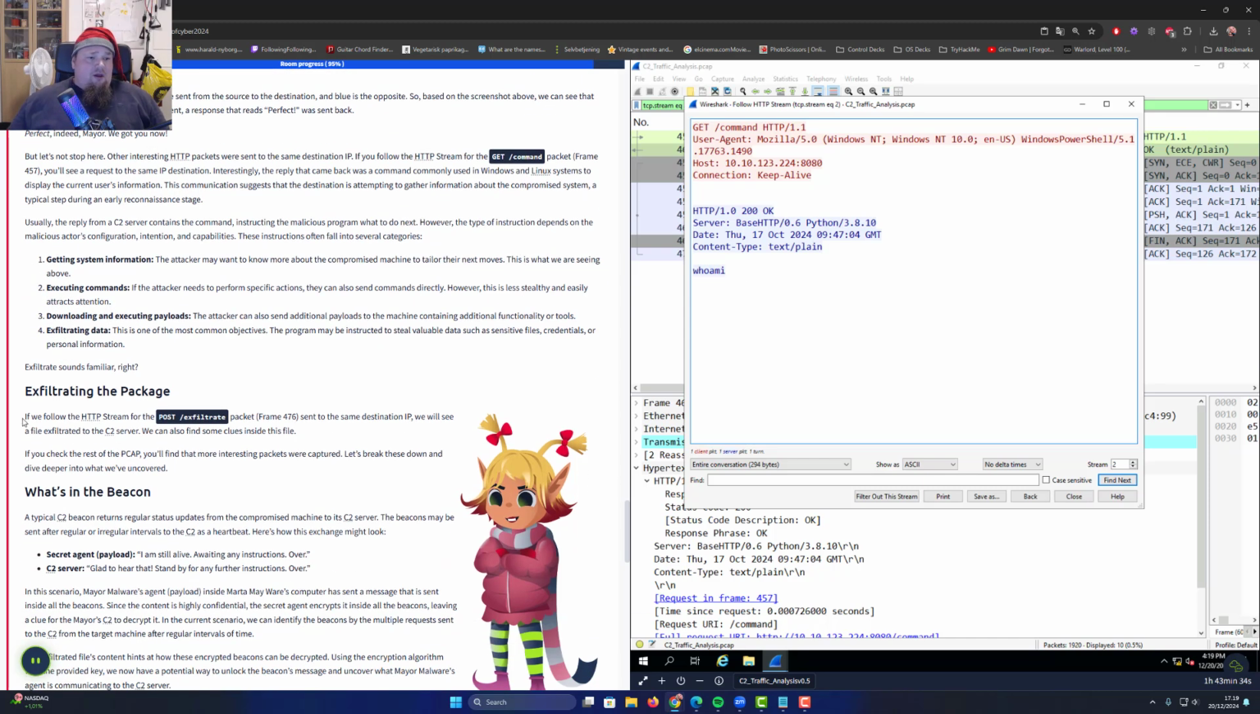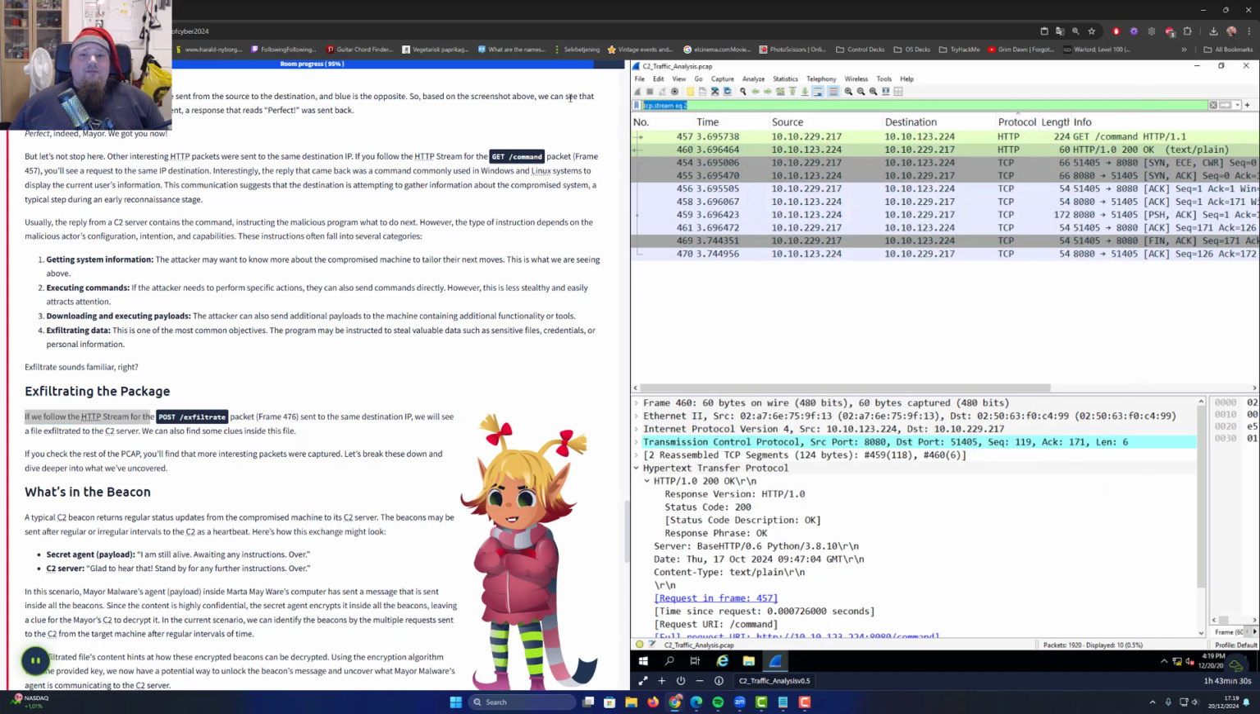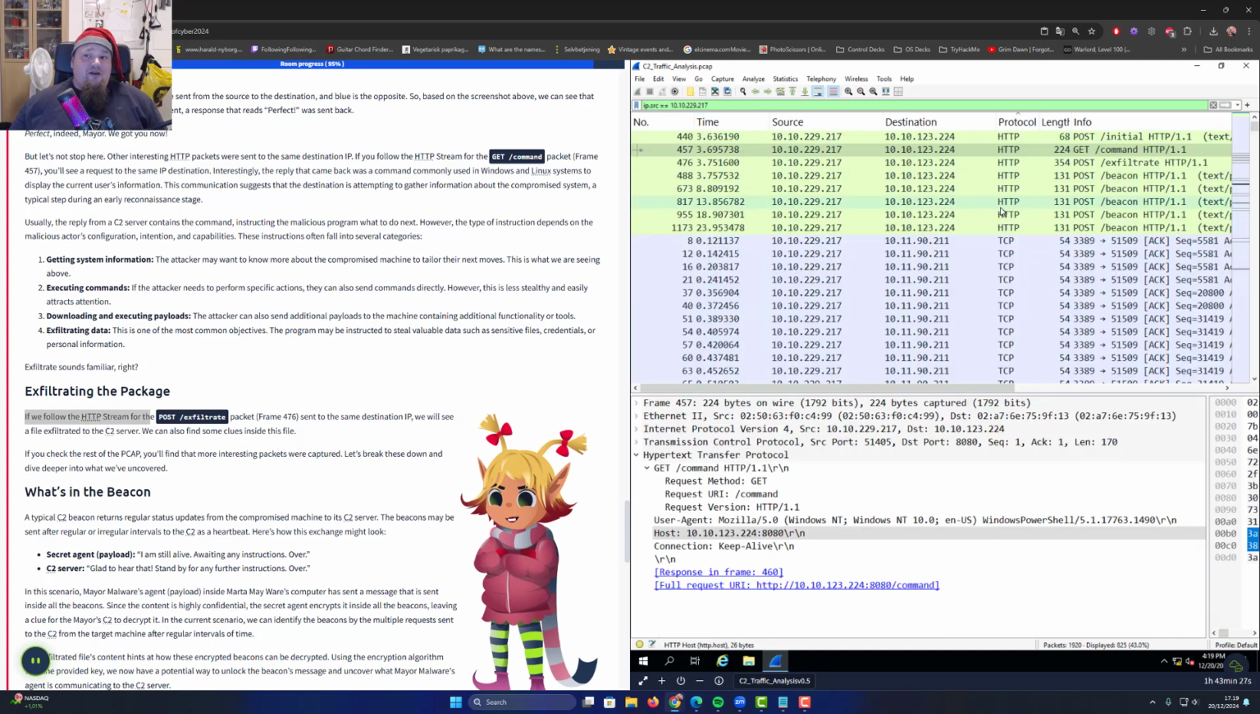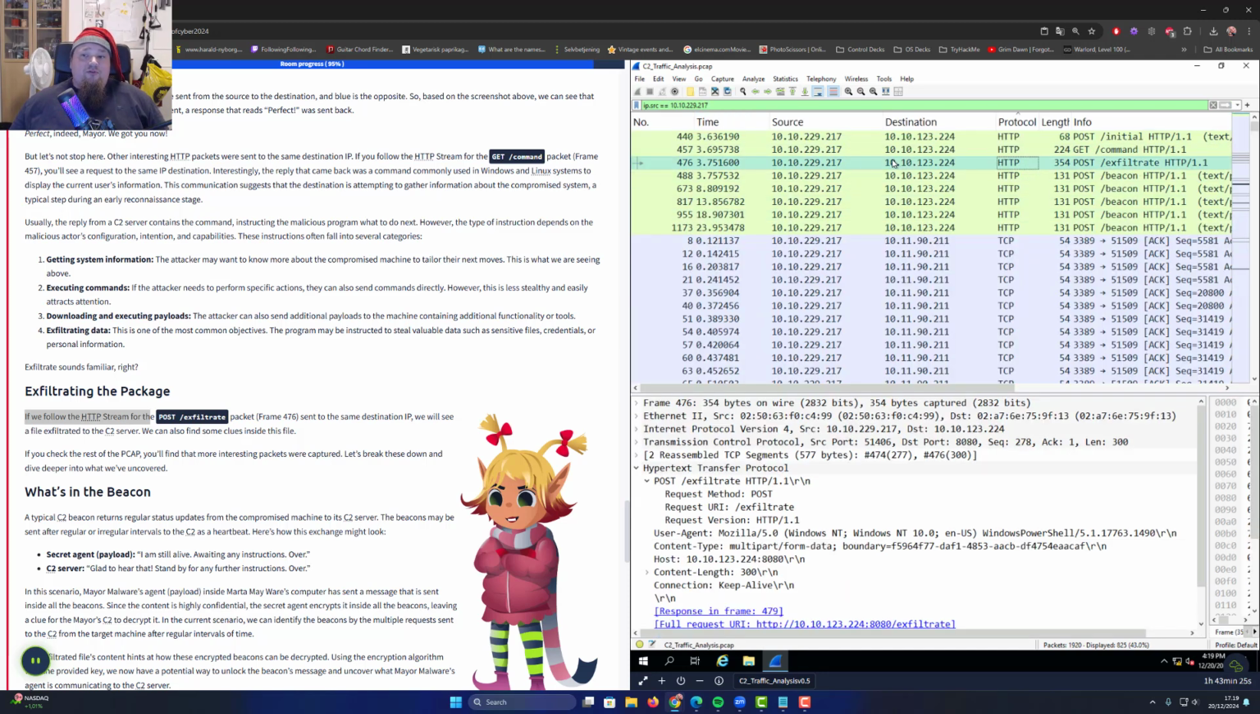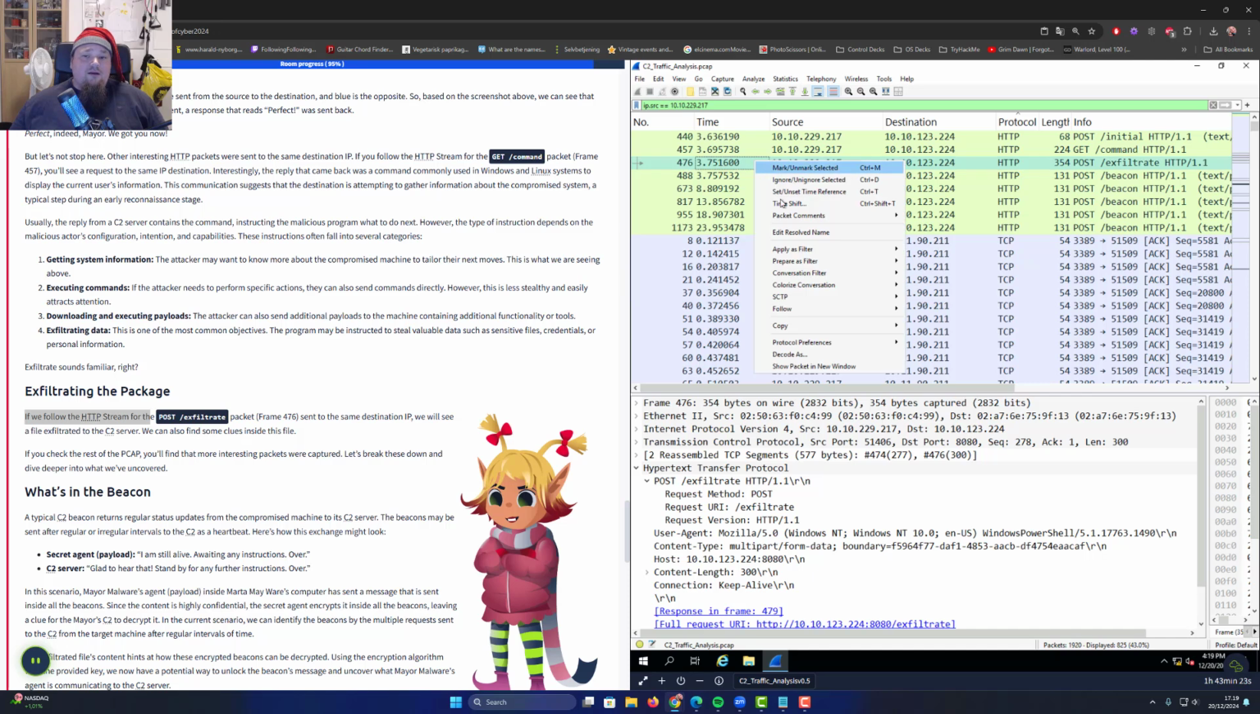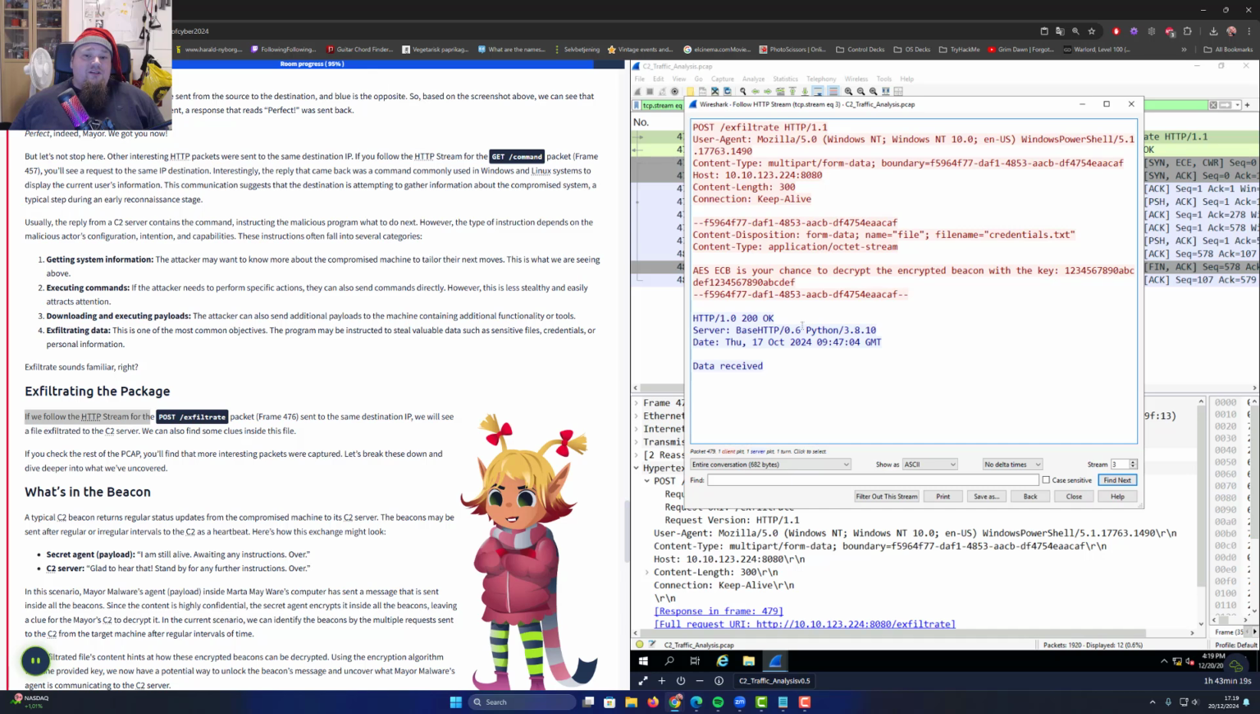So if we follow the HTTP stream for the exfiltration, let's go back and put in the original filter. I have it in my copy paste, it's easier. It's going to be the other POST command right there. Click follow HTTP stream. Now we can see that